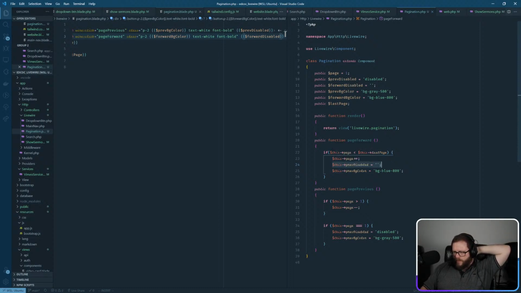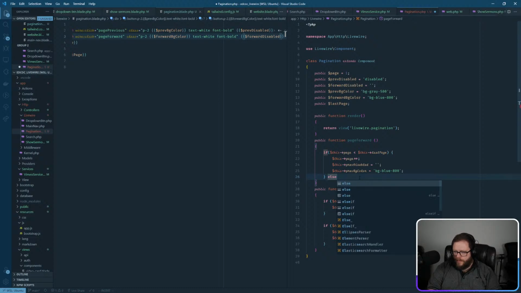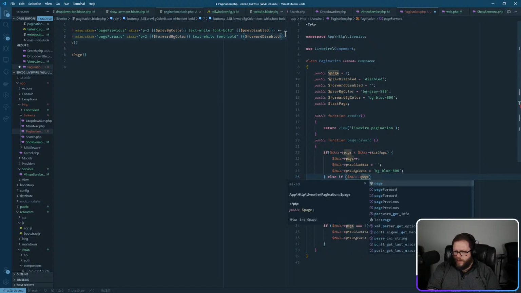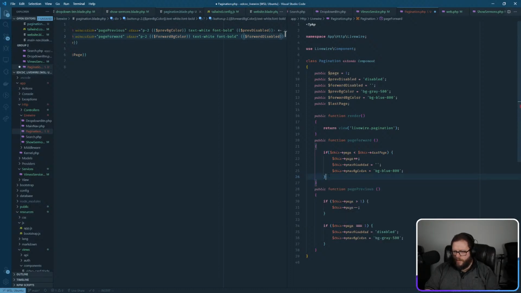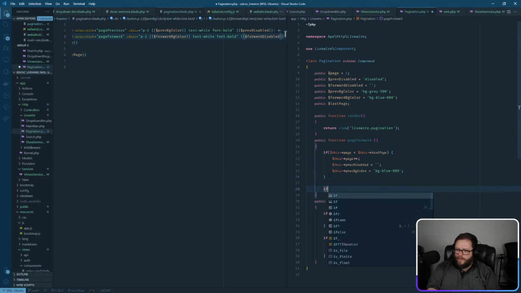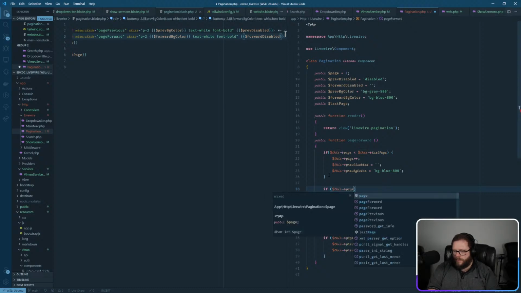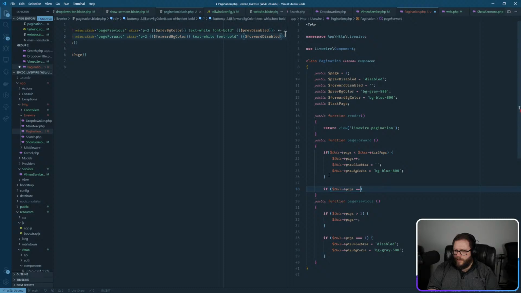And we set the previous background color to blue. Else, if this page, no, so let's say that, so if this page is equal to